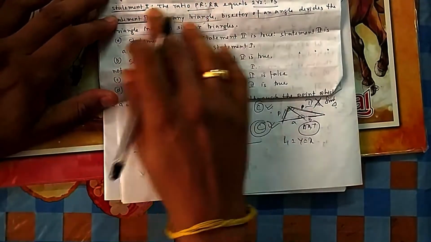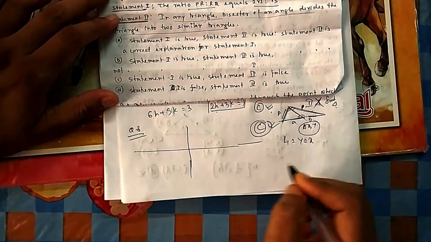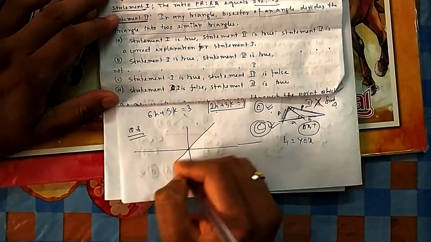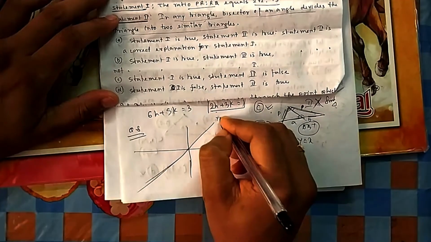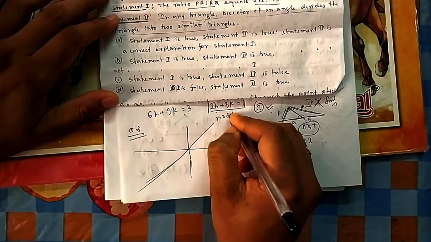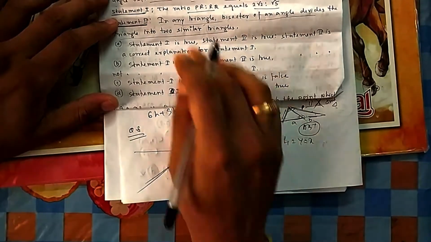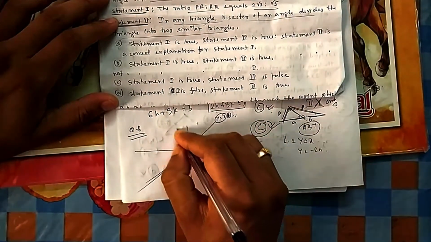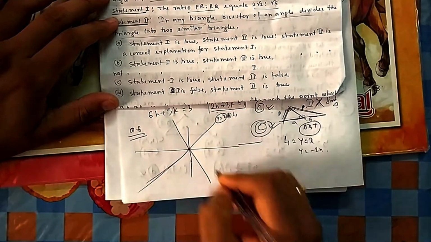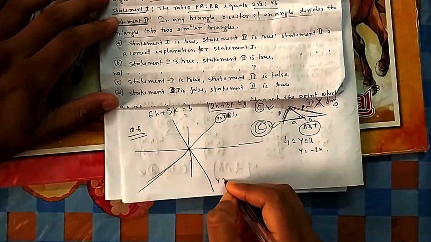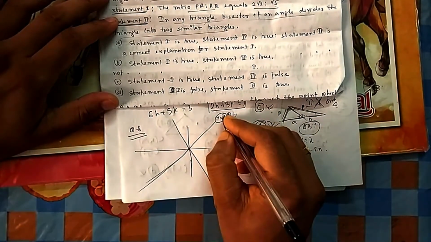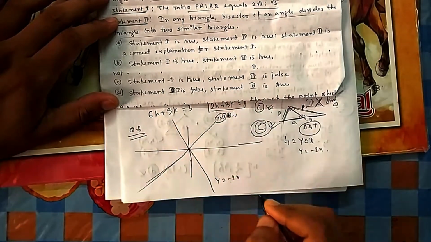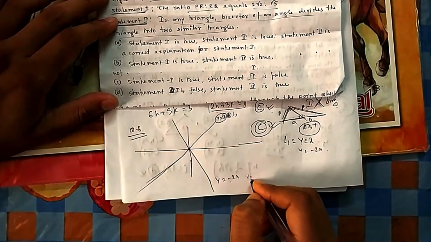So how we can calculate this one? Y is equal to x is this line. This is my L1. And then y is equal to minus 2x, a falling line, and the slope will be a little higher. It will be sharply falling compared to this one. This is rising with a slope of 1. This is falling with a slope of minus 2. So this is my L2. Okay.